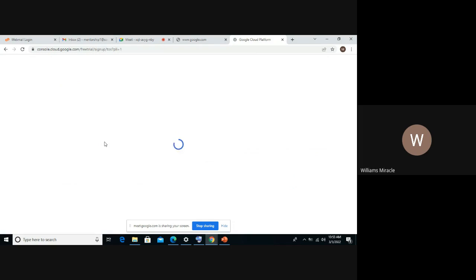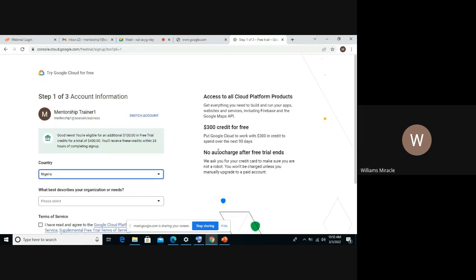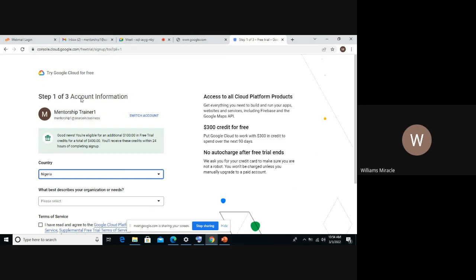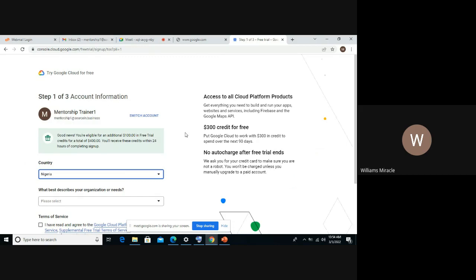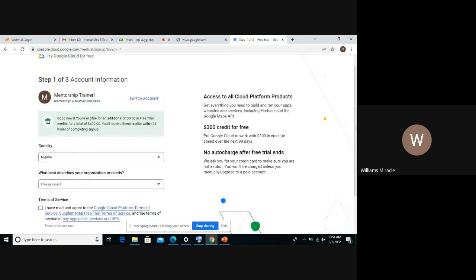This is a good example of the Google Cloud Platform. You can check this out later on. You can try Google Cloud for free without making payments. Just try it for free, and you'll get to see the dashboard.